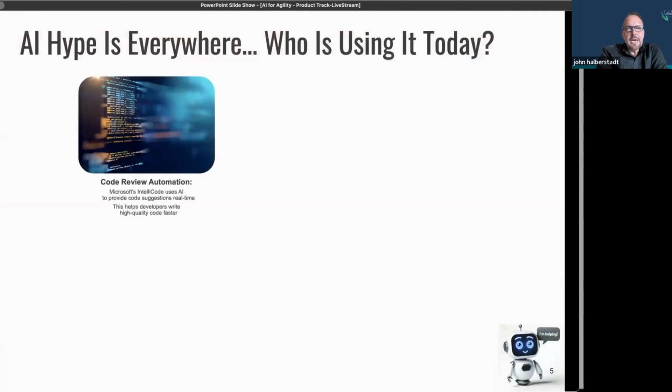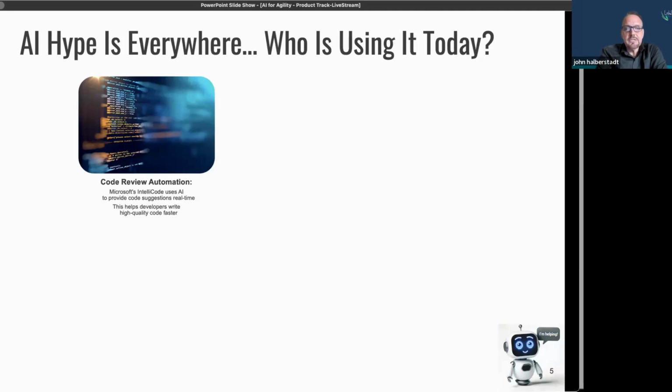So with that, AI hype is everywhere. I think that's the understatement of all understatements. I fear that I have heard the word game changer so often that I don't know what game we're changing, but AI truly is a transformative technology. So getting past the hype, again, practical usage of these tools.